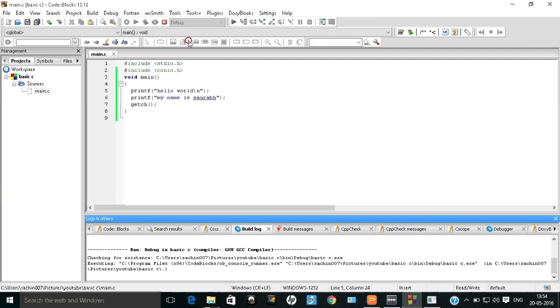So now let us learn about some calculation in the C language. These two header files, include stdio.h and include conio.h, will remain the same, and this getch will also remain the same, and void main will also remain the same. So we just have to rub out this printf, and here we have to write, first we have to